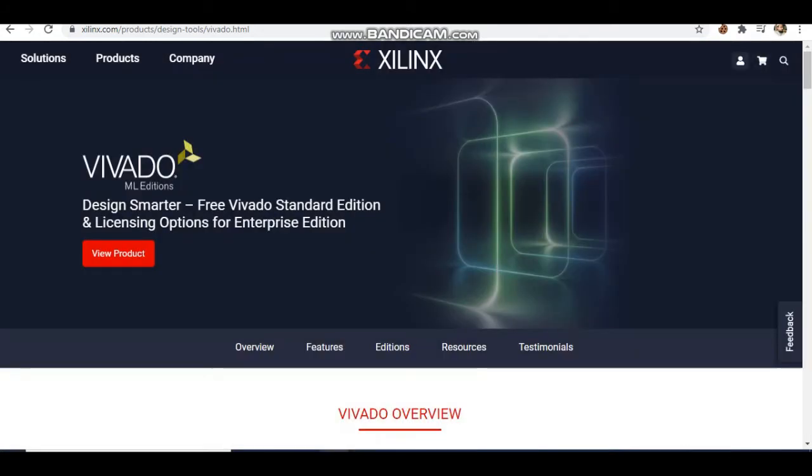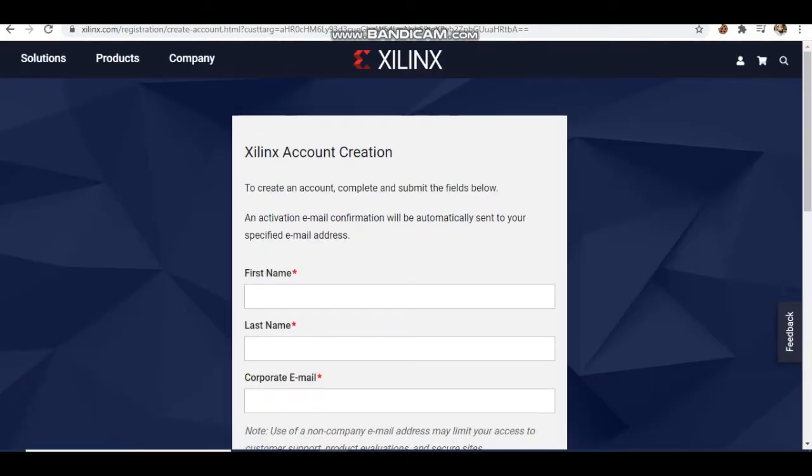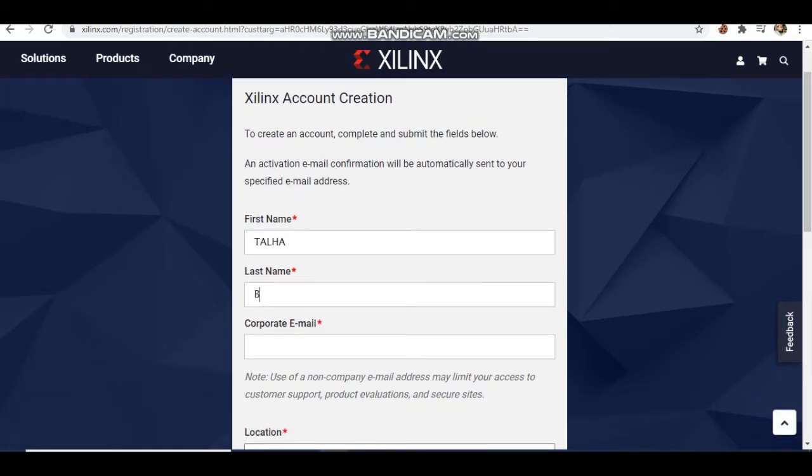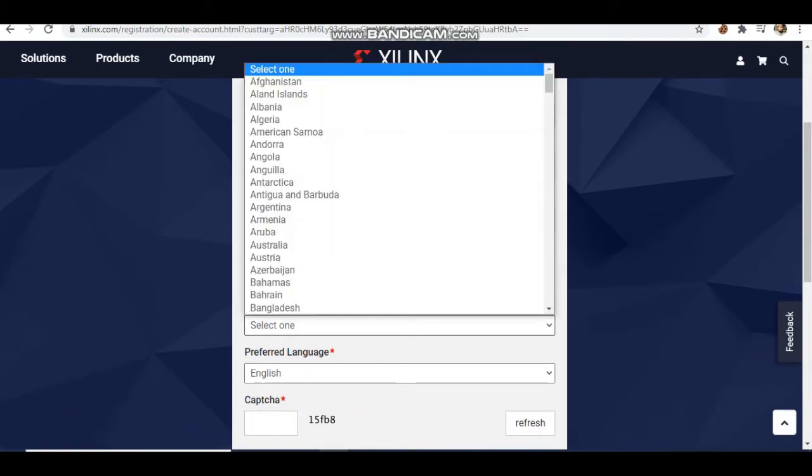So I am assuming that we are registering for the first time on this website. So we need to click on the login register tab. In this we have to click the create account tab. Now I have to put my name, so always write your correct name. In the email part you don't need to write a corporate email, you can just write your Gmail, whatever Gmail you have. The limitation of writing a Gmail is that you won't get access to technical support, but you will get all the things which are required if you want to learn about the software.